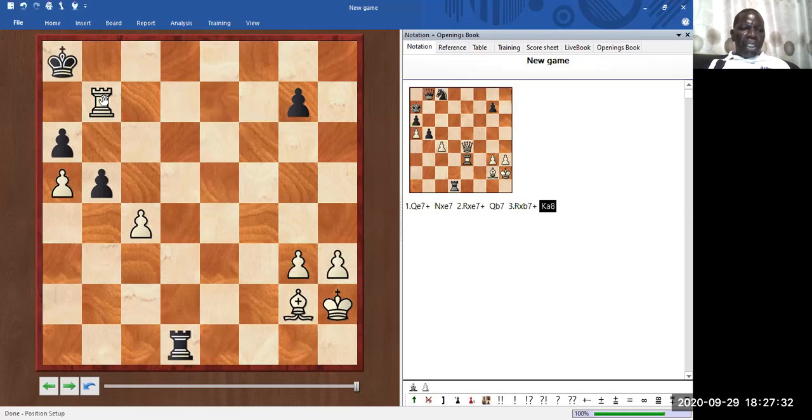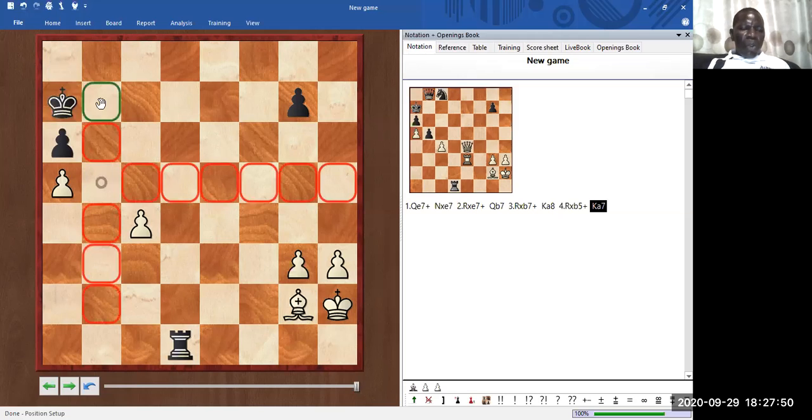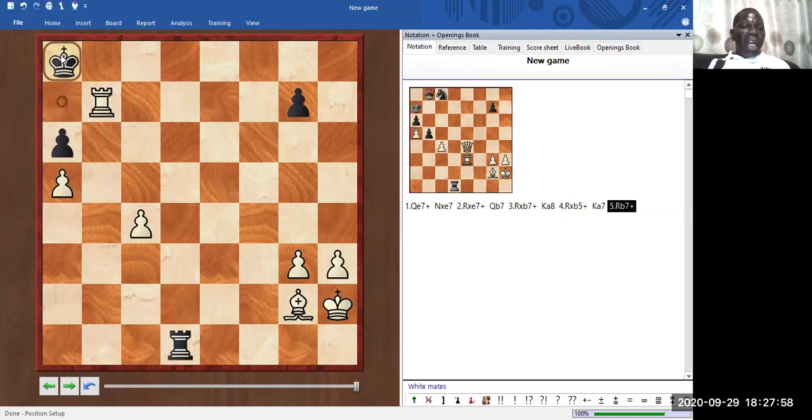after which the rook can take the pawn, check by the bishop. Now the king cannot go to b8, it has to go back to a7. So the rook still goes back to b7 to give another check, after which the king has to go to